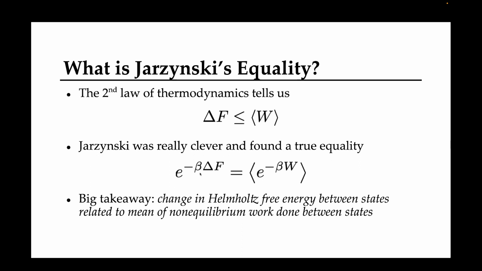And essentially, the exponential of the temperature-adjusted change in the Helmholtz free energy is equal to the mean of the exponential of the temperature-adjusted work, right? So the big takeaway from this is that the change in Helmholtz free energy between states is related to the mean of non-equilibrium work done between states,